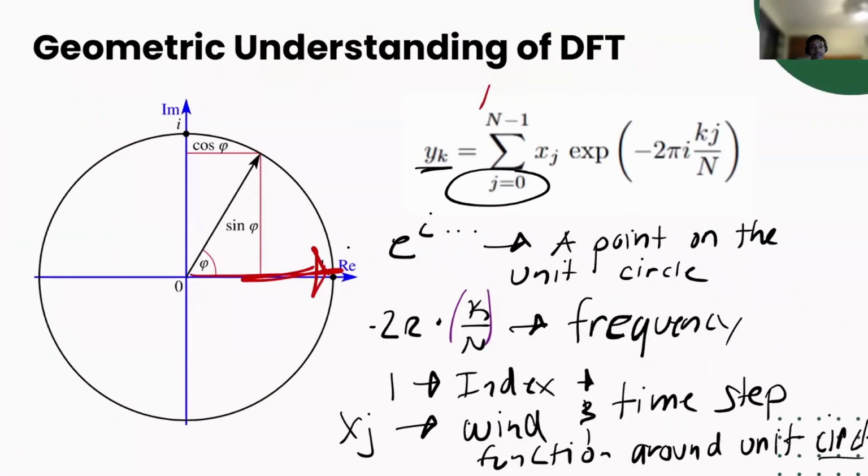Typically, what is the size of n? It can vary. It depends on the use case. I've seen n could be whatever you want as long as it's finite. Yeah, someone said just the size of your data set, exactly. So if you measured, let's say, a sound wave for a second, then you could have n be the amount of time in between, 0 to a second, if you sampled that many times. If you sampled 500 times in a matter of a second, then that would be your n.